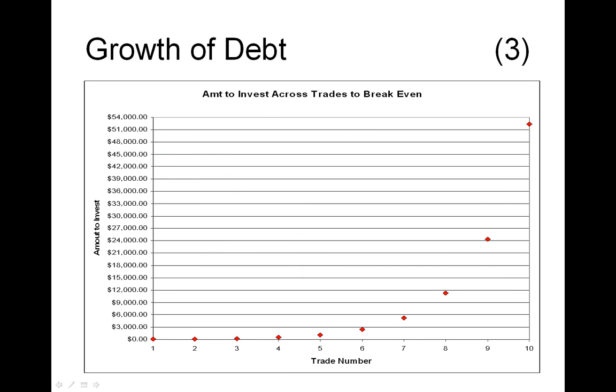It's easier to visualize. So just looking at this particular example, you can notice how quickly the amount that we need to invest just to break even, that's represented on the y-axis, you can see how quickly that amount increases with each successive trade. And by the 10th trade, we're already past 50,000. Whereas on the first trade, we started investing just $100, and that's so small it doesn't even show up on the scale. That's how quickly the scale grew.